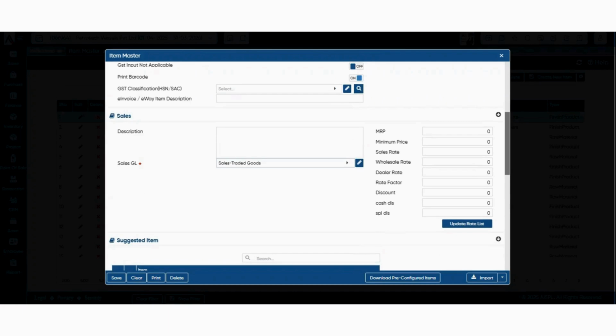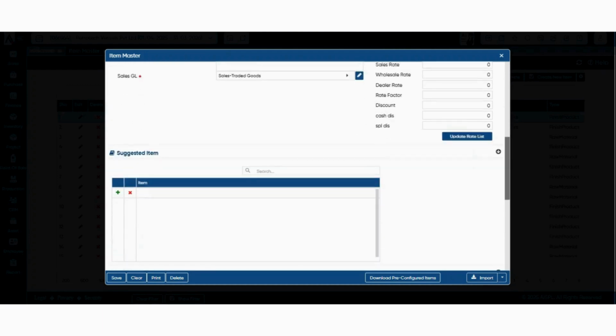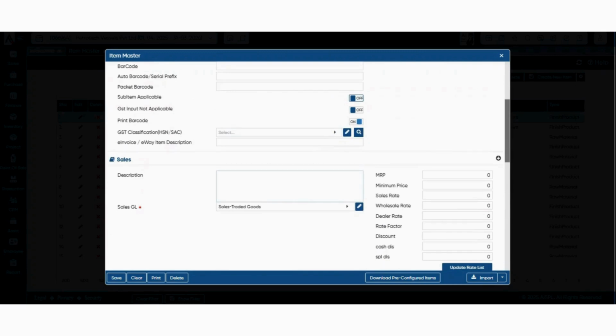Sales details. Description: if you want a different sales description than the item name, enter it here. Sales GL, General Ledger: select the account where sales of this item should be posted. Pricing options: you can enter pricing details here such as MRP, maximum retail price, minimum price, sale rate, wholesale rate, dealer rate, rate factor, discount. These prices can be reflected on sales and purchase invoices if entered here, or you can enter them directly on